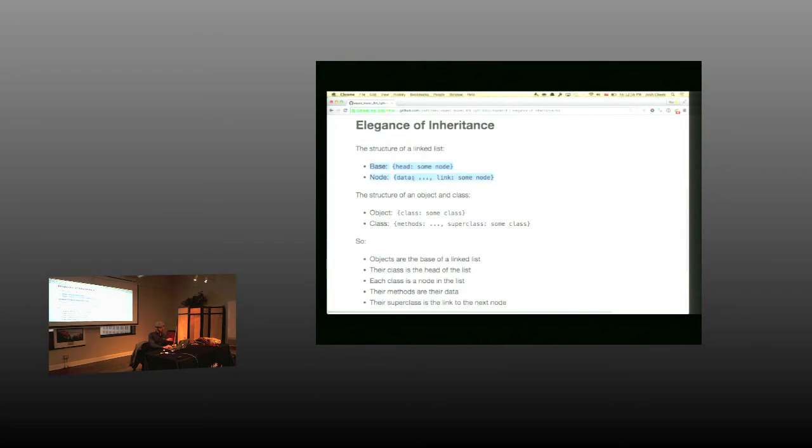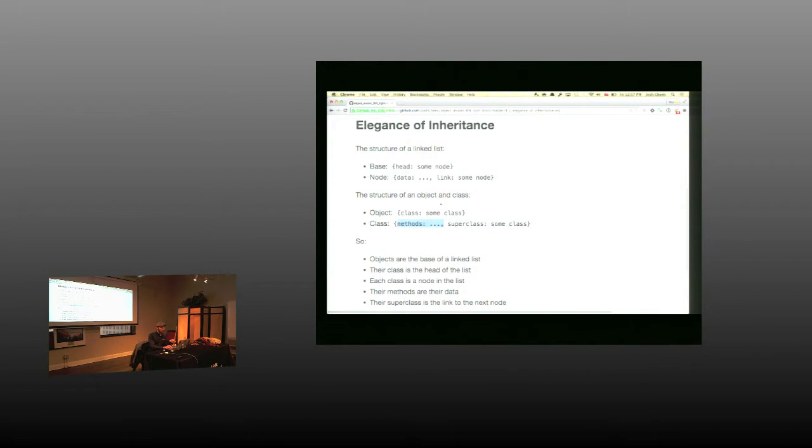And so if you've thought about linked lists or you're familiar with them, then what you'll notice is that our object has a class, which is where it's going to go to find its methods. And a class has methods, the thing we're looking for. And it has a superclass, which is the place to go to look for more methods if you didn't find the one that you were looking for here.